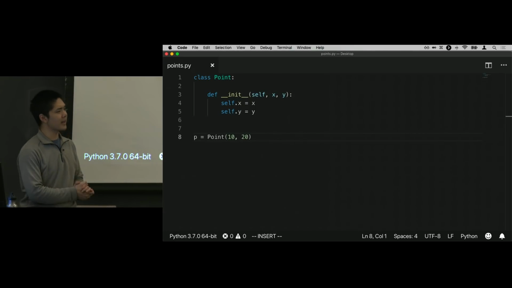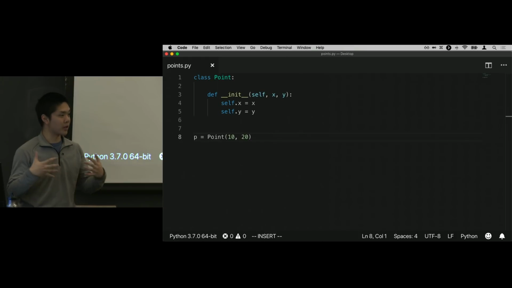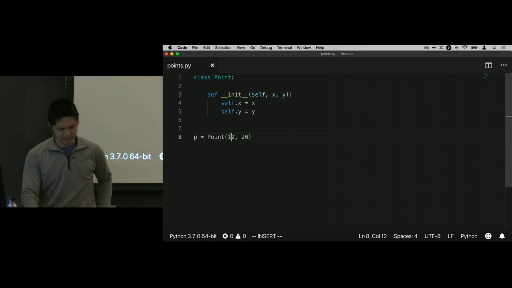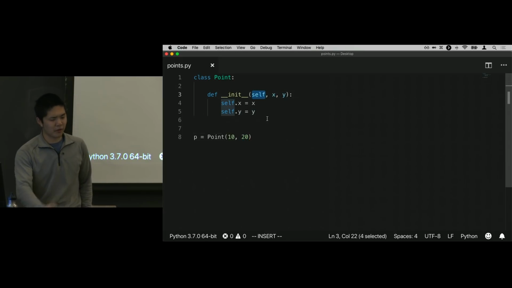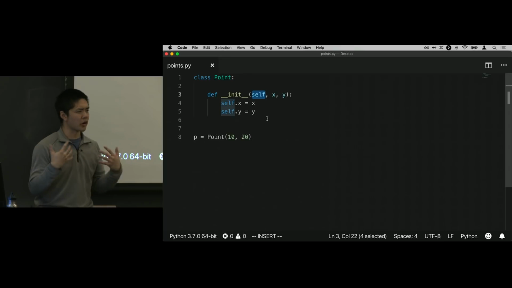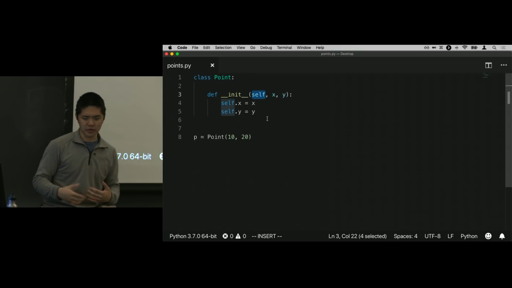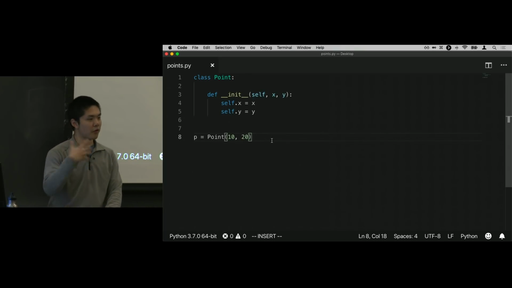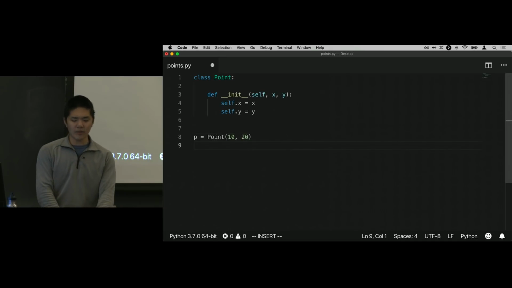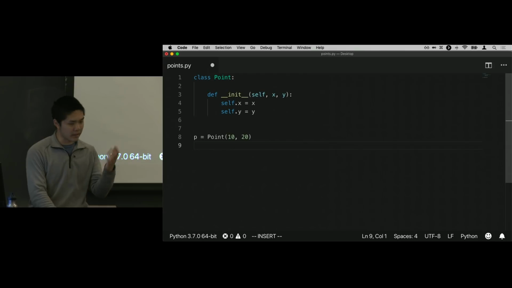And so just like that, I've been able to create a point object, passing in 10 as the value of x, and 20 as the value of y. And I don't provide anything for self. Self is just this assumed argument in the world of Python object-oriented programming that just refers to the point that I have just created. So now if I wanted to print out the x coordinate of this point,